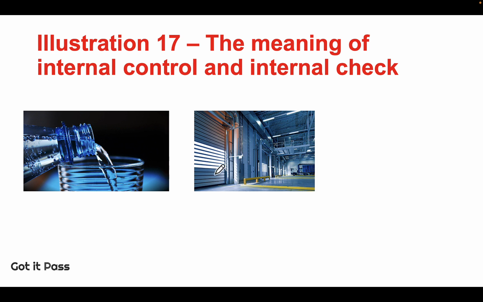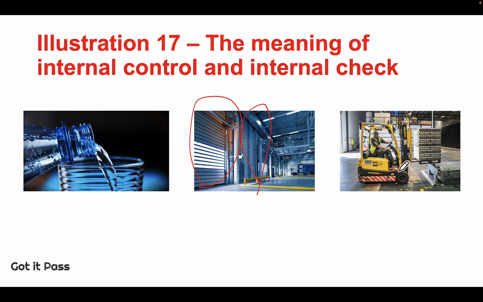Physical controls means, like here, if you read through this picture, in the warehouse we have the gates or the front door locked when not in use, and banning visitors from entering the warehouse storage area. At the same time, there are regular inventory counts. The inventories held could be counted every 6 months to check the accuracy of the continuous inventory records, to ensure the consistency of inventory records in the physical location as well as the financial records.